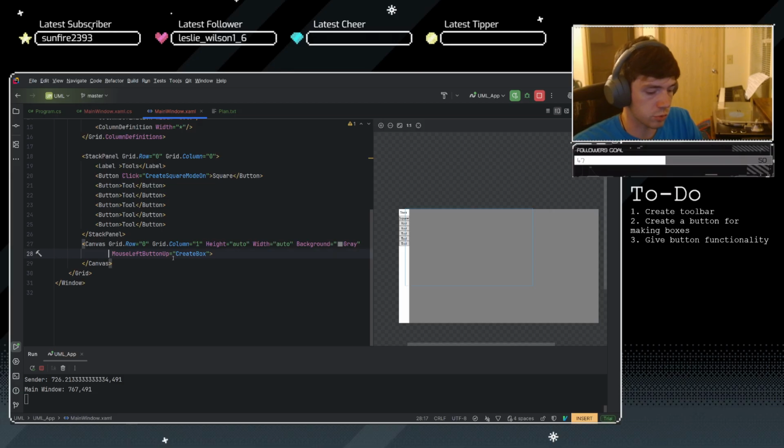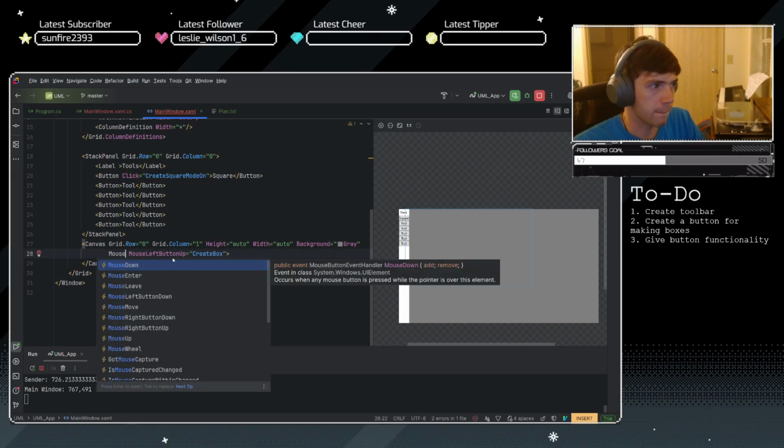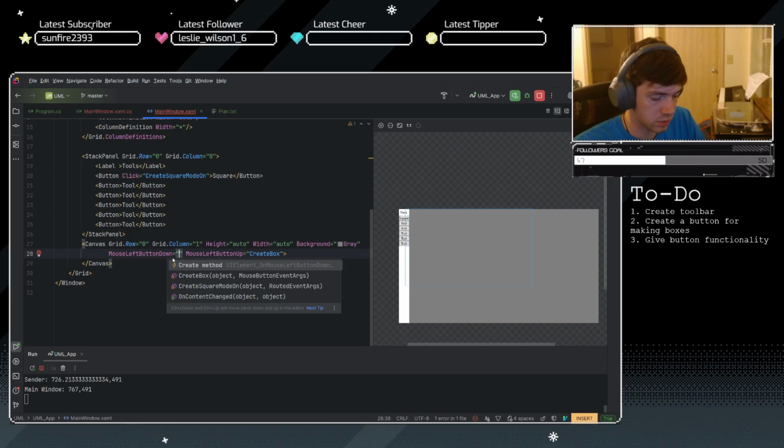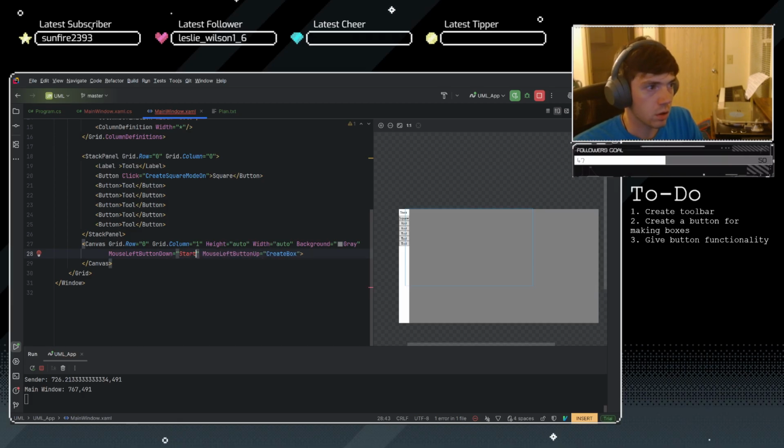I'm going to do mouse down. Mouse left button down equals start square. And this is gonna be finish square. I'm gonna change the name here. I was reading